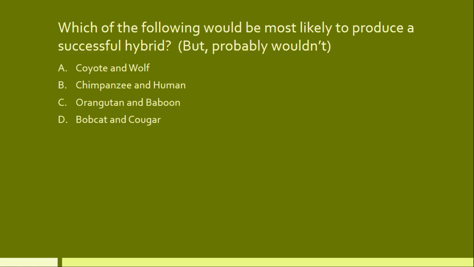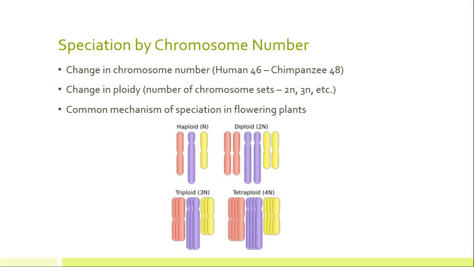They are endangered partly because we've gotten rid of wolves, and so there aren't any wolves to breed with the coyotes, but that's a very interesting thing, and we didn't figure out that the Texas red wolf was a coyote wolf hybrid until relatively recently. Okay. And the reason I put but probably wouldn't is because there just aren't enough wolves for that to happen anymore. Okay. All right. So speciation by chromosome number.